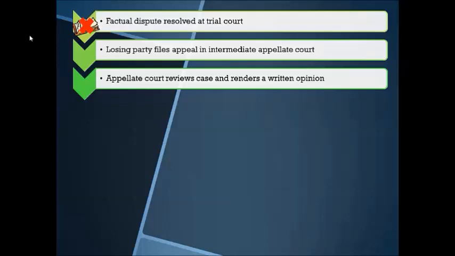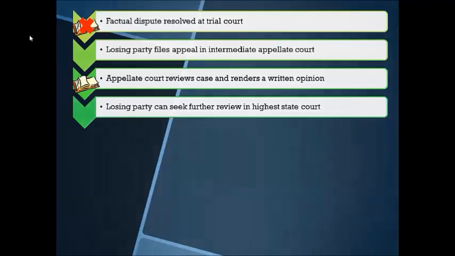If you don't do that in a trial, it can be very difficult to then bring the appeal because the appellate court doesn't get to see everything that was said at the trial court level. So again, that's what's included in the record that the appellate court reviews, as well as the law that was argued and the way it was applied. So we get law at the appellate court level, right? That's one of the primary places we get law.